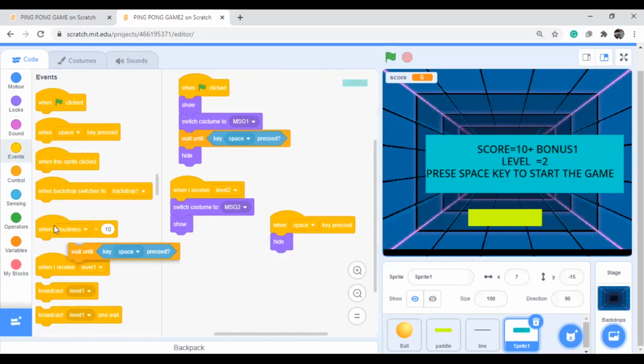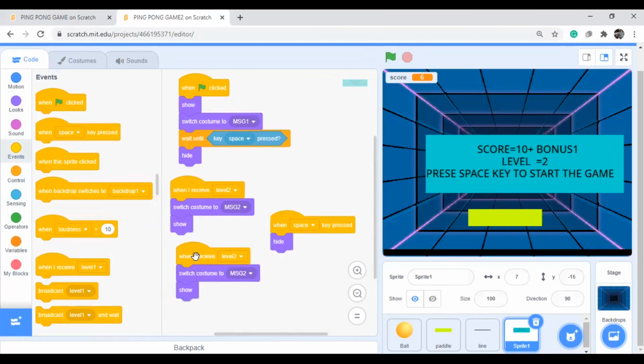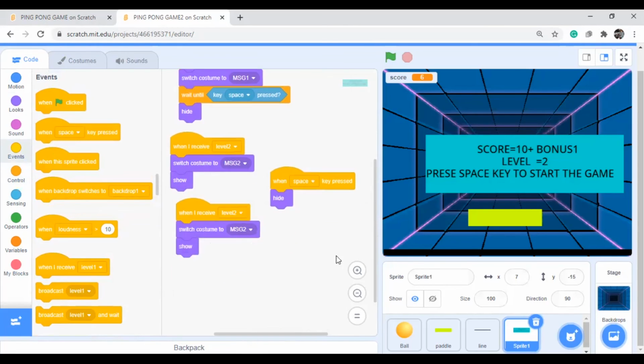So automatically it will go. When level 3 is coming, message 3 will be shown, and stop there. When you click on the space button, immediately it will hide.